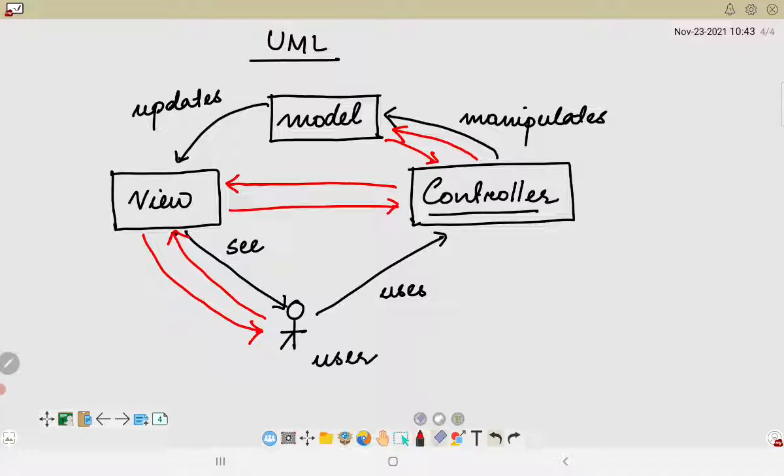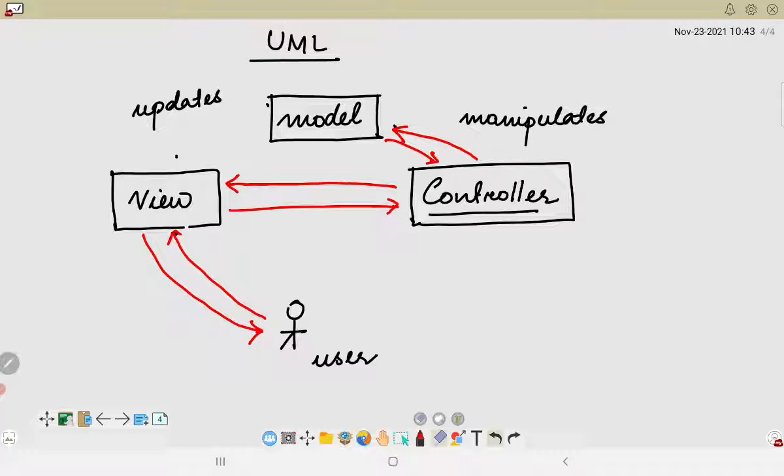So this basically is the correct representation of this particular UML diagram. So we will rub off these arrows, and we will simply represent it in this particular format.